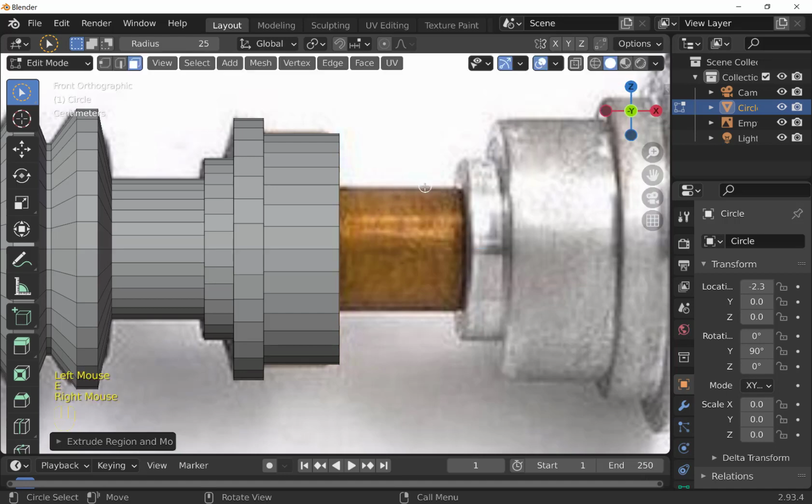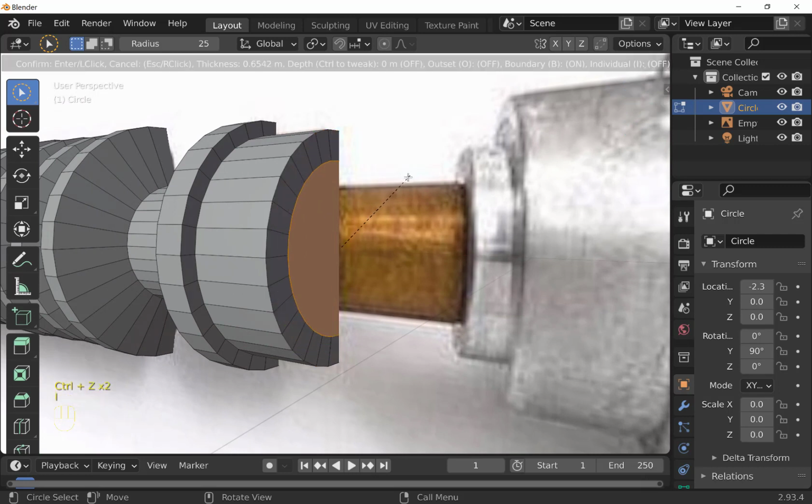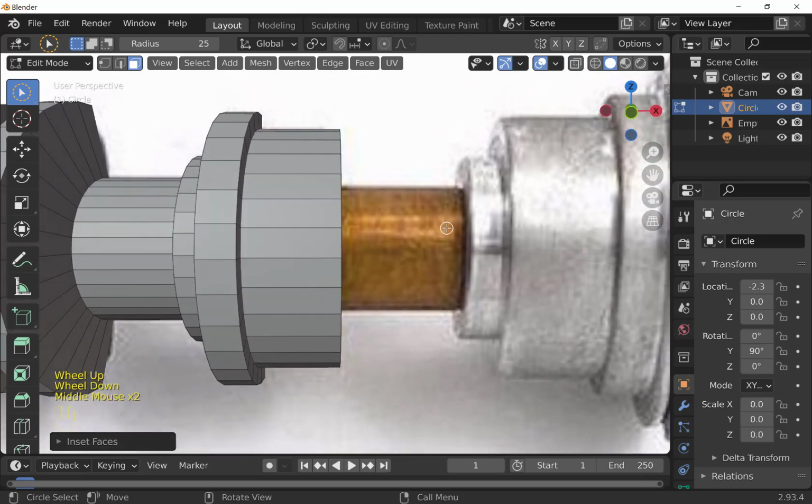Yeah, I didn't quite hit it. So we're going to rotate. I'm going to undo that. So either ES or I will get you this perspective. And we're going up on the other side, so I think I can hit 1 on numpad at this point and probably be okay,